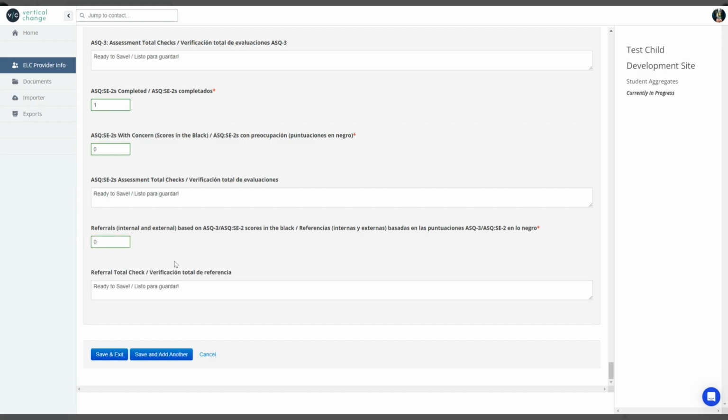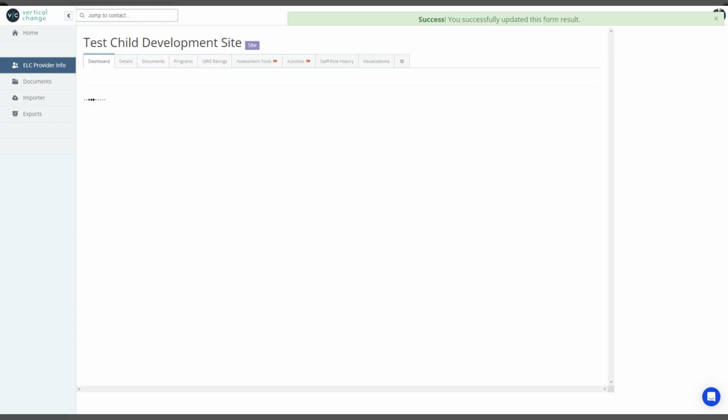When you have finished entering the site's data, click the Save and Exit button. If the Save button is not blue and you cannot click it, it means you have an error in the form. This includes missing a required field. Please review the checkboxes under each subsection to identify errors and correct them. Once you've clicked the Save and Exit button, you will return to your site page. The page may take a few seconds to load.